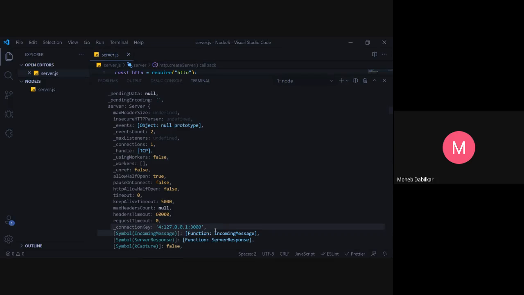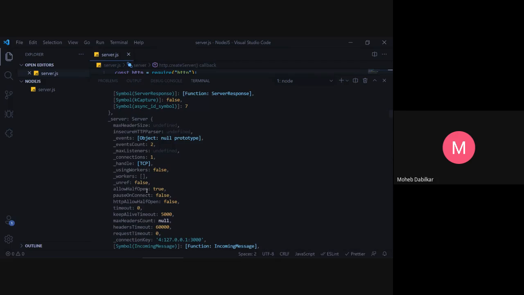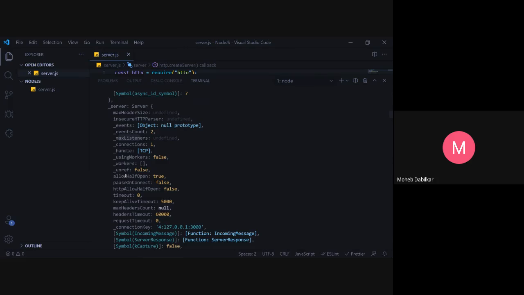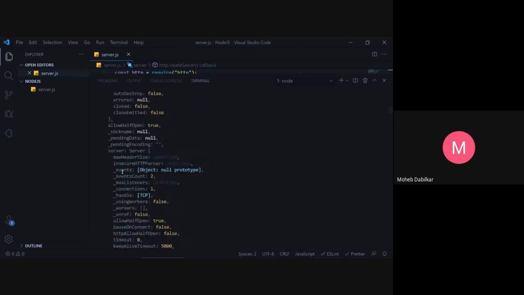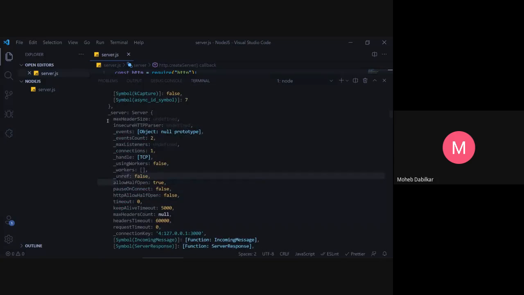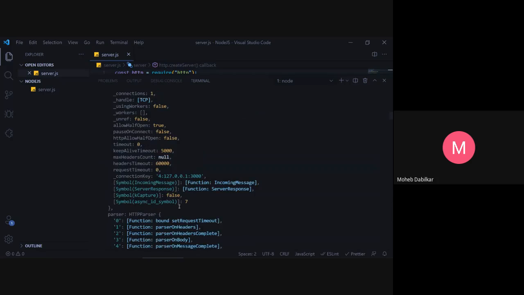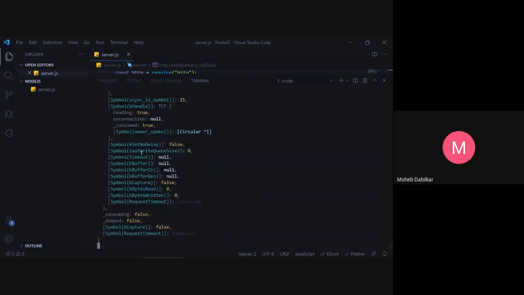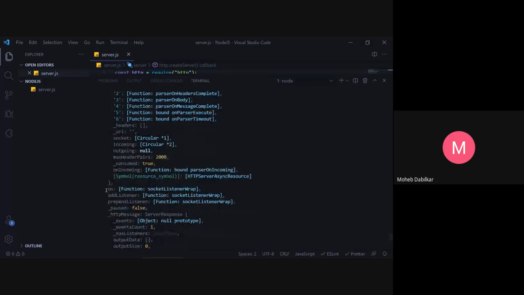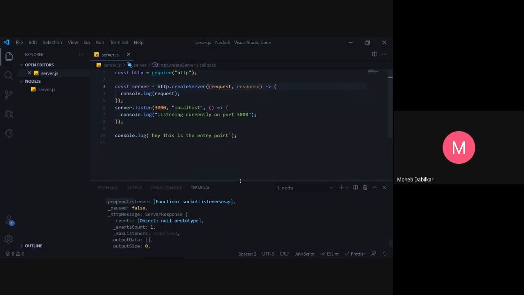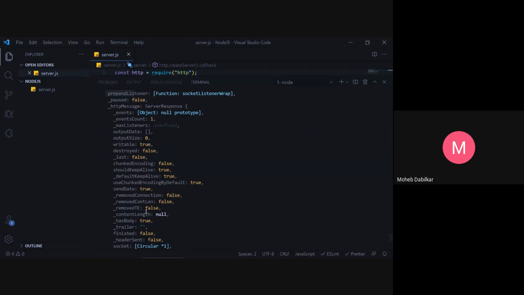And then this is your connection key. So this is your local host, and then your port number. And then we have max listeners. Generally, this is your server, and I guess this is also server. Okay, this is something underscore server. I have not logged it many times, so I have no idea. Yes, so this is server dot on. We have this server dot on, then we have add listener. Okay, did we use the add listener right now? No, we just used the listen object.